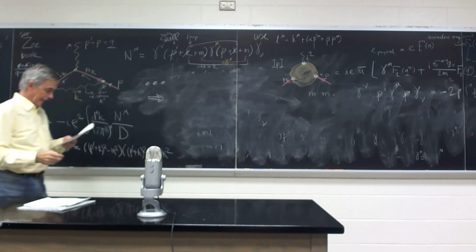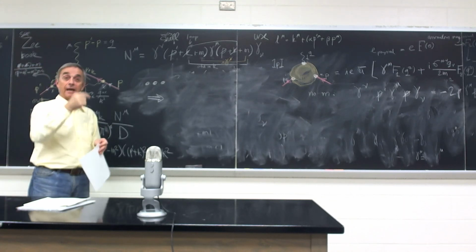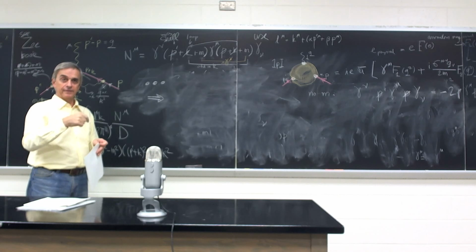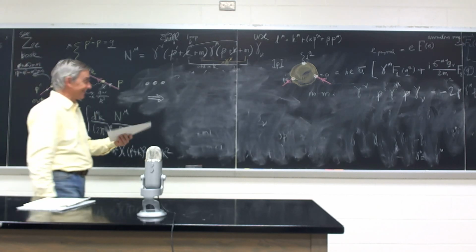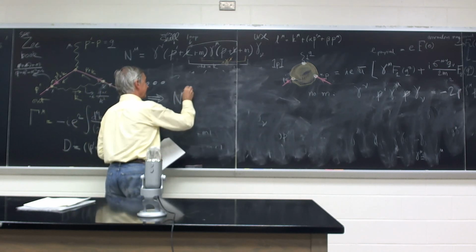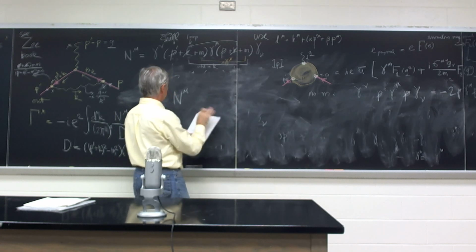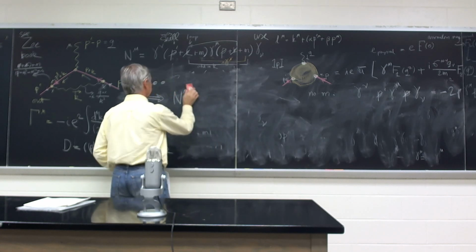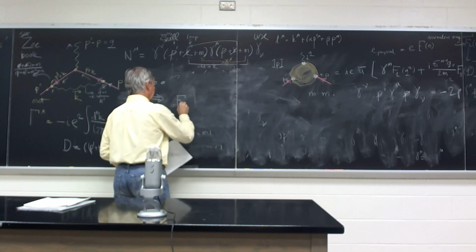In high energy physics, there is a popular phrase which says blah, blah, blah. After some algebra, we obtain blah, blah, blah. And this after some algebra often turns out to be a month of algebra, but here it's only a few hours of algebra that you can do yourself. And we get that formula for the magnetic anomaly,